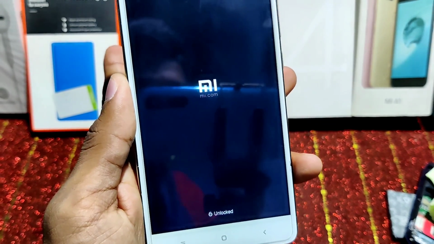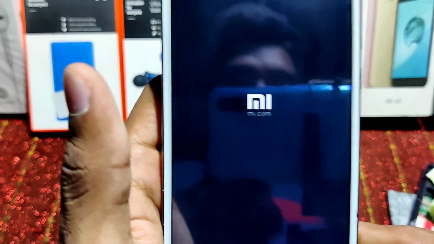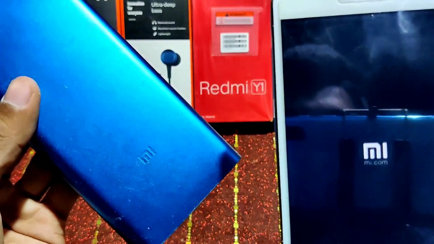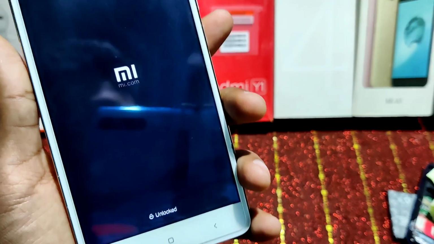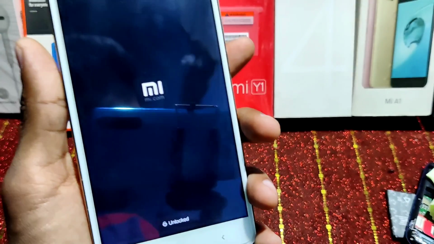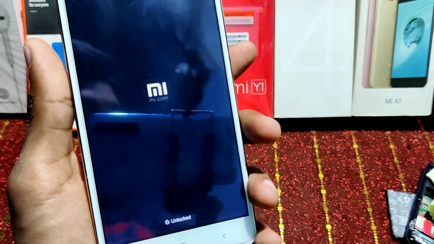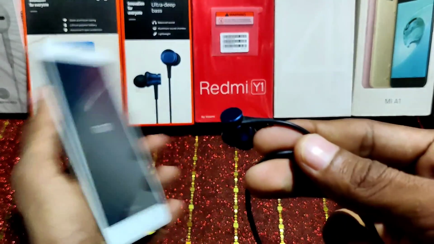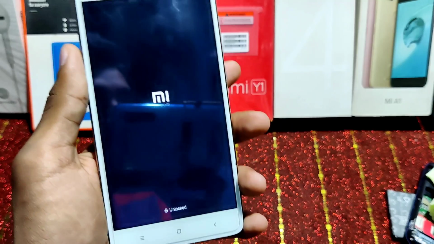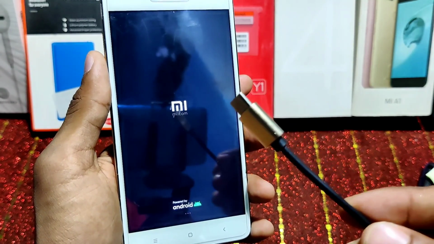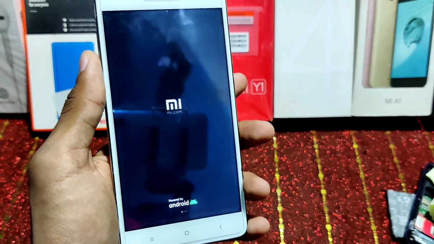So this is my MI power bank box. I didn't do any unboxing video. This is that power bank, guys, as you can see, which I am using now, and these are MI earphones, the basic ones which I use. So let me show you my earphones, guys. This one I use for my OnePlus Nord. It requires an additional C cable. I think people know this cable it requires.